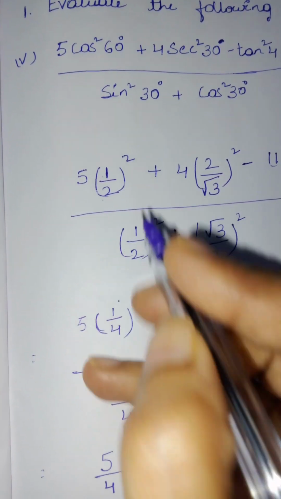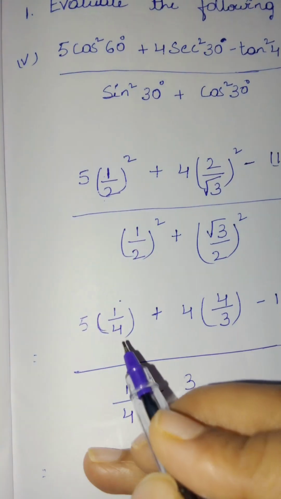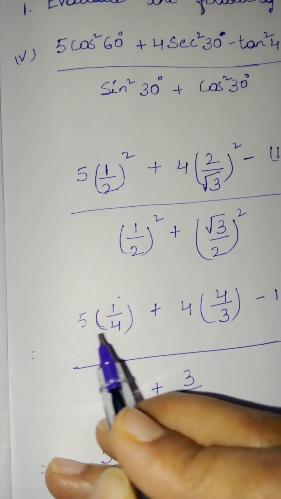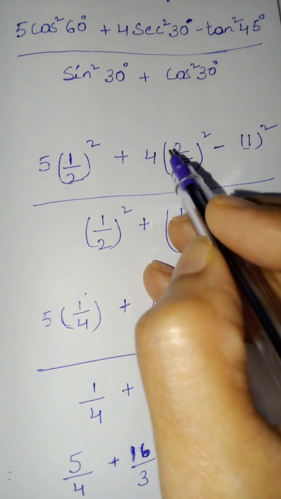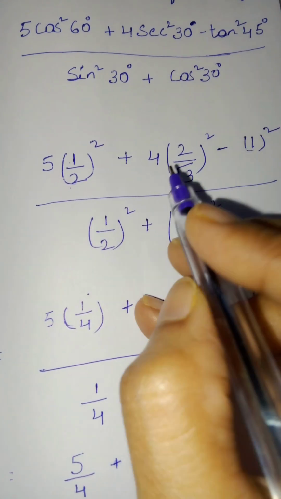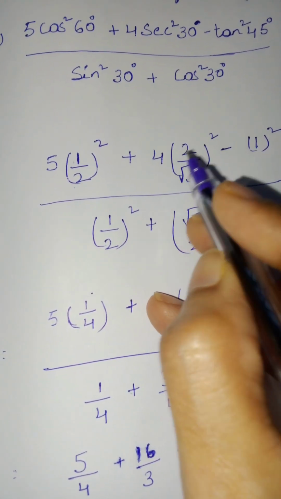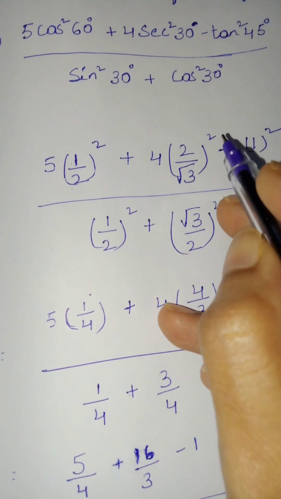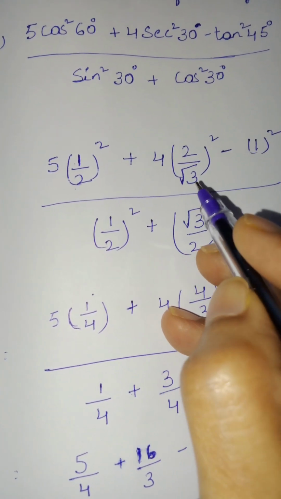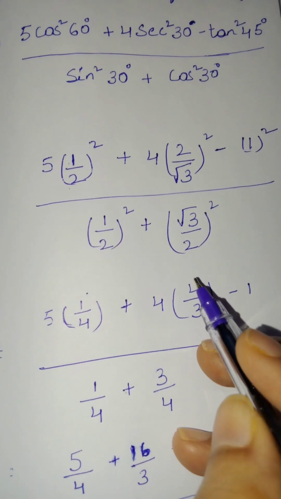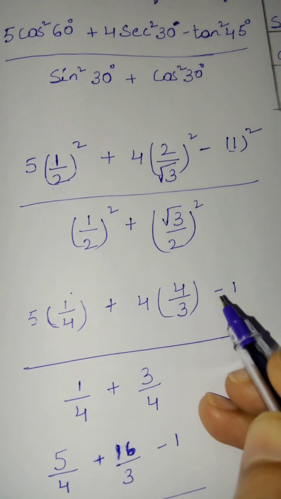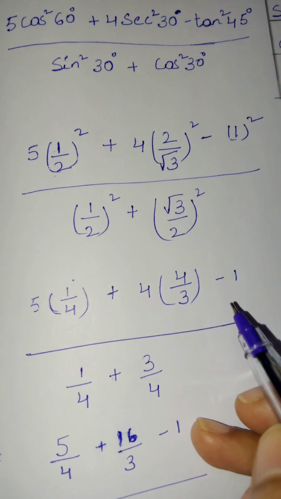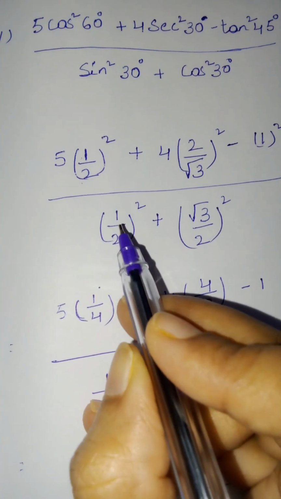1 square is 1, no. 2 square is 4. So 1 upon 4. 5 into 1 upon 4, plus 4 into (2 upon √3) whole square. 2 square is 4, no. √3 whole square, the square root will get cancelled, it remains 3. So 4 upon 3. 4 into 4 upon 3, minus 1 whole square is 1, upon (1 upon 2)